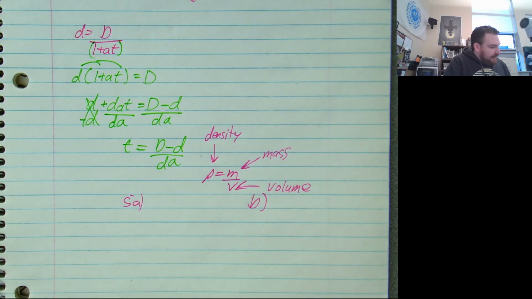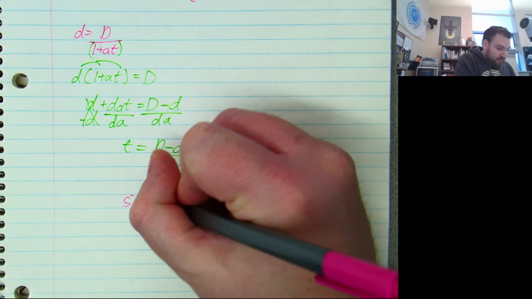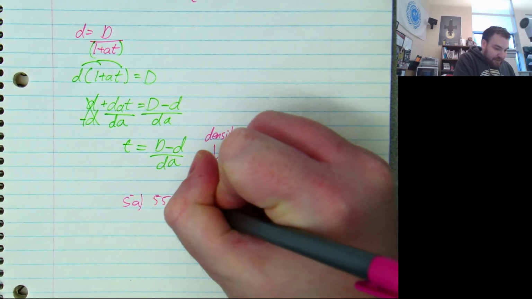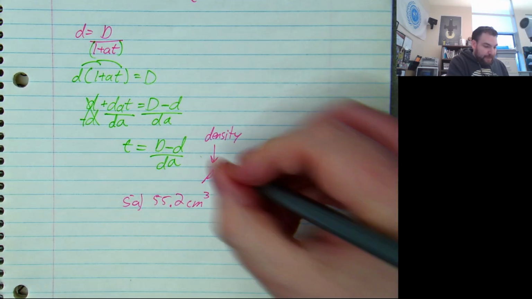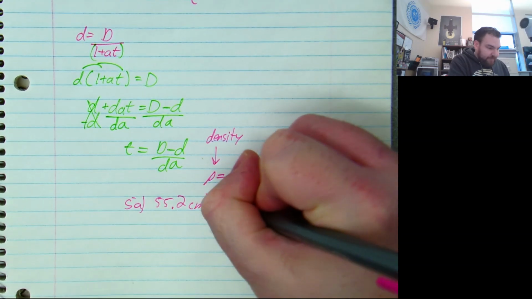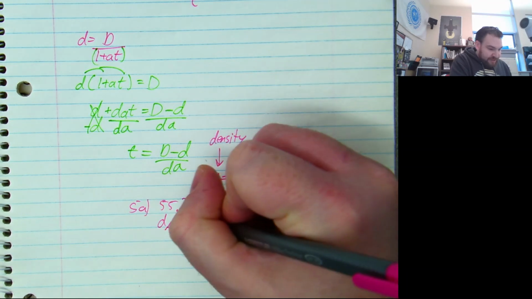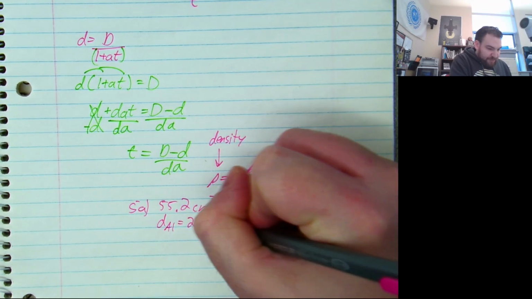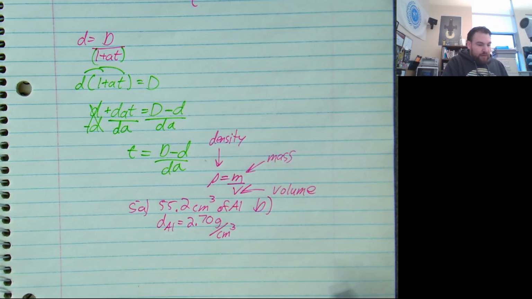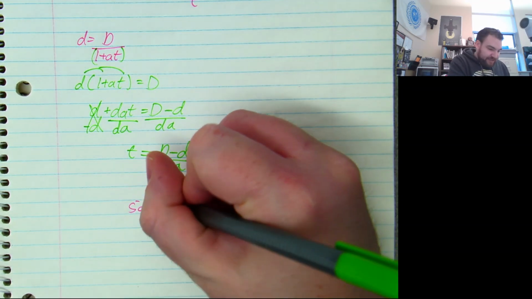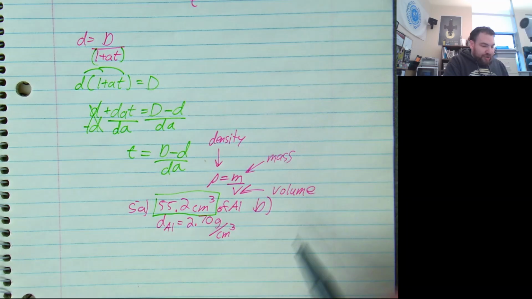And so in 5A, it says to find the mass, so the mass is what we're looking for, of 55.2 centimeters cubed of aluminum, and then it says that D of aluminum equals 2.70 grams per cubic centimeter. What you need to recognize here is that if the units on this thing right here are cubic centimeters,